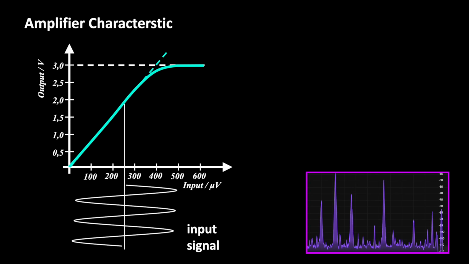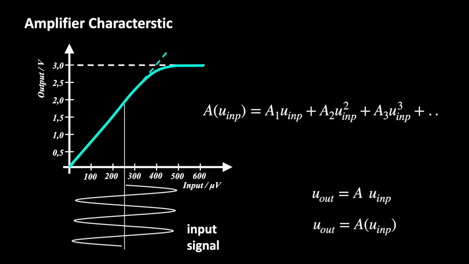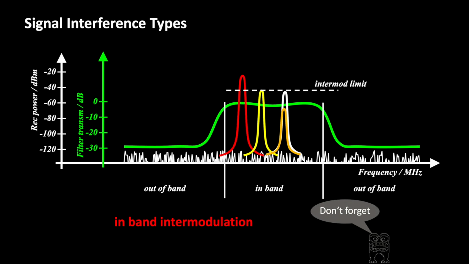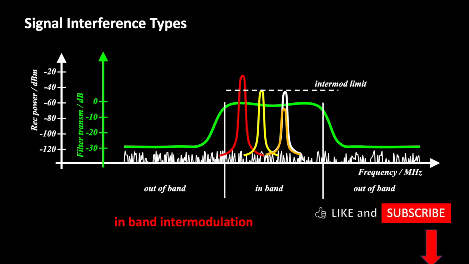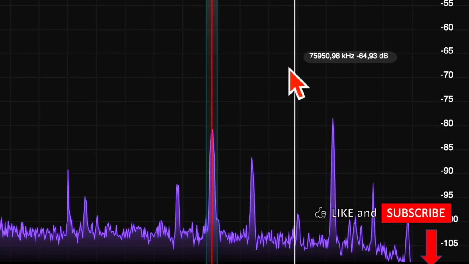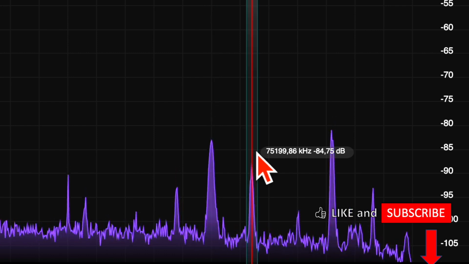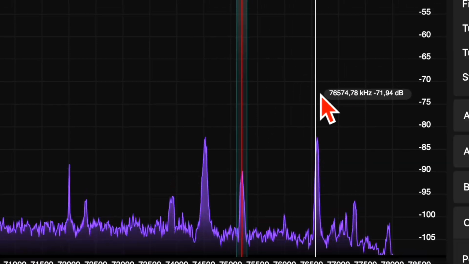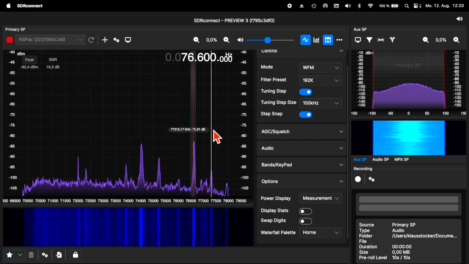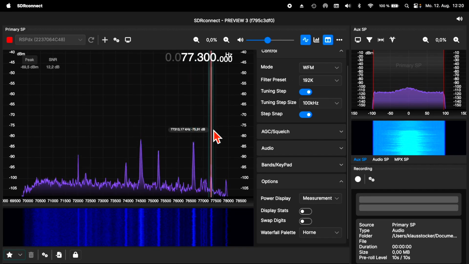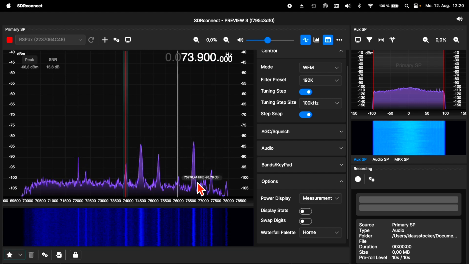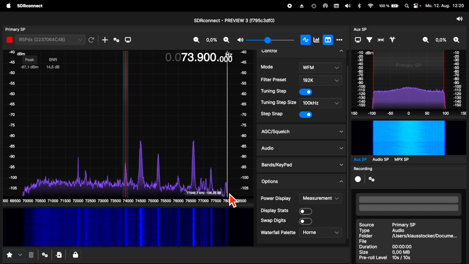In an earlier video, we derived how intermodulation products are caused and how they can be avoided. Feel free to watch the video. Today we are studying intermodulation products further. Using an SDR receiver, we are showing how to track down the cause of intermods, and we will demonstrate some interesting effects. I've been looking quite a while for practical examples where you can really hear and see intermodulation products.